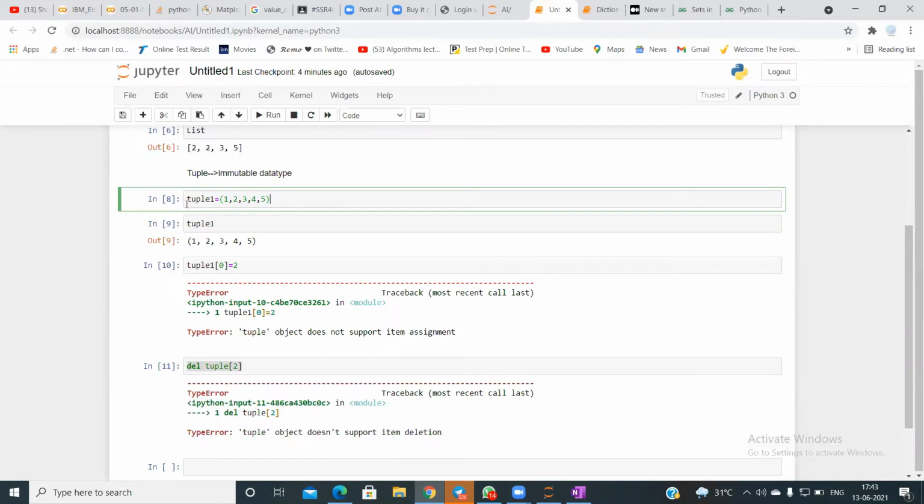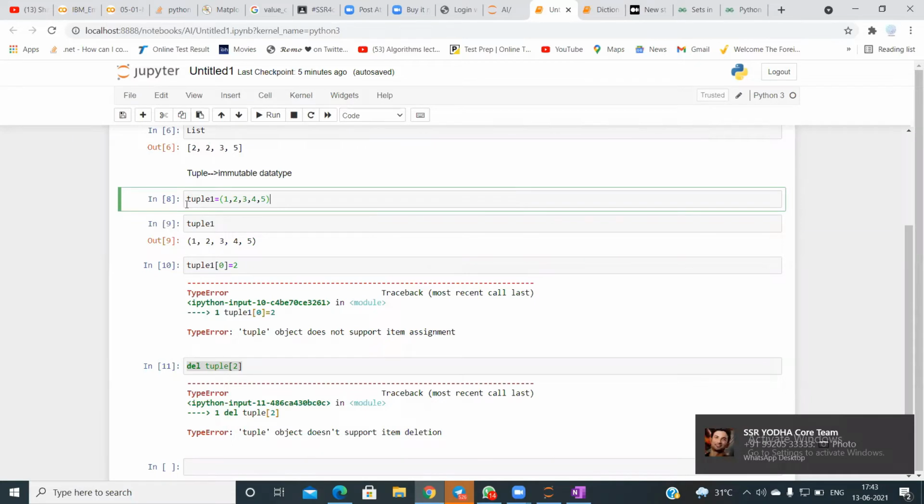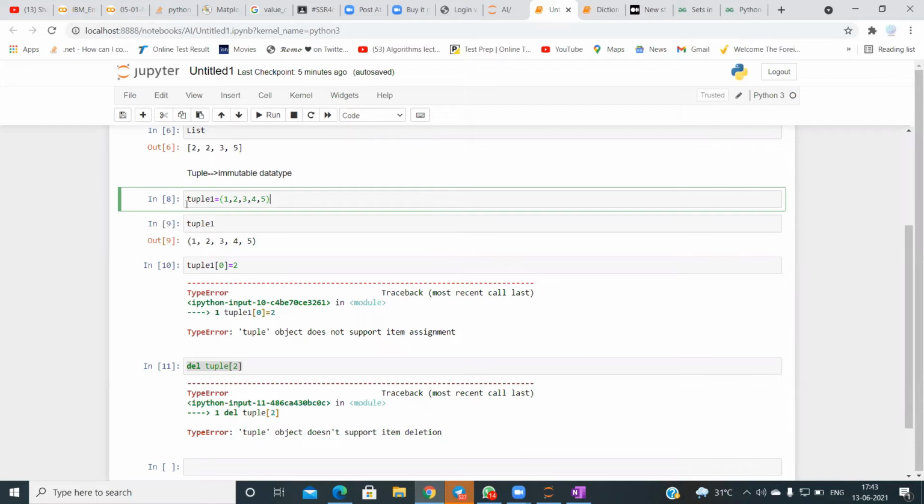But trust me, you will not be using tuples a lot. You will mostly be operating on a list or on dictionaries, but you will rarely be using tuples. So this is just for your knowledge.